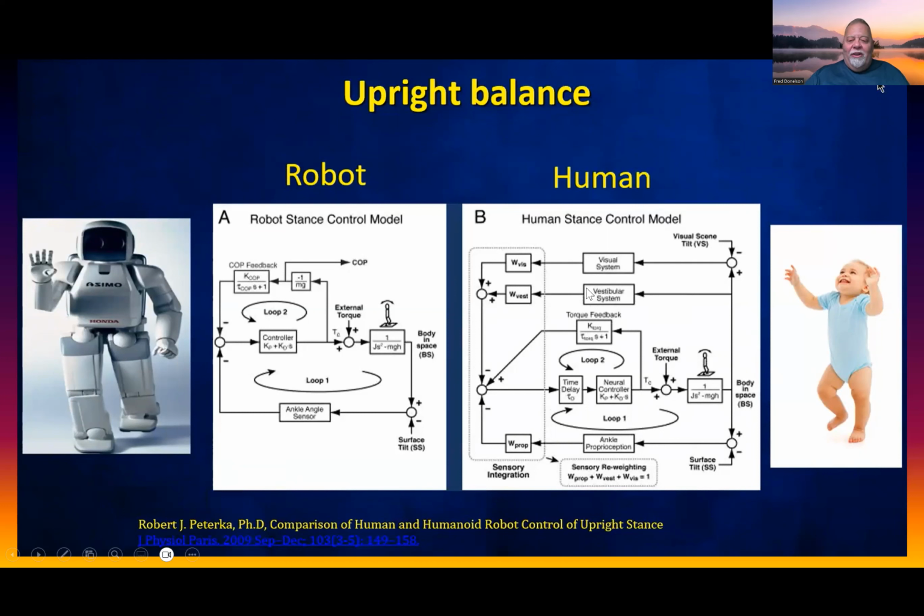The systems are always much more complex in humans because there are so many more different inputs, especially the nerve systems and all kinds of different things. And just this one diagram is a great example of how, in humans, just to stand up and keep your balance, you have all these different things in control compared to what a robot does. And the robot isn't nearly as good or as efficient as the human. In other words, humans' control systems are really, really complex.